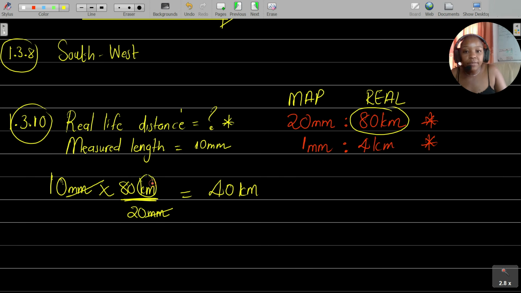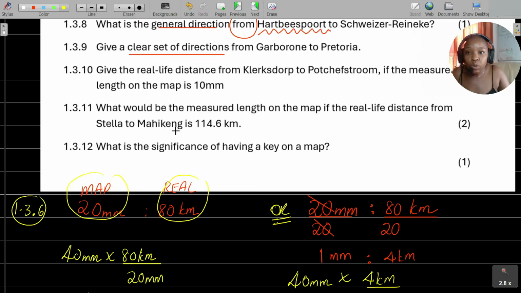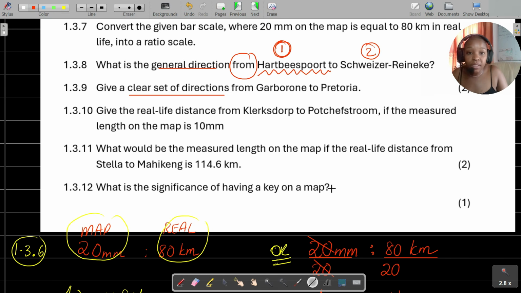Millimeters cancel. You're left with units in kilometers, right? So that is basically the real life distance from Klerksdorp to Potchefstroom. Okay,